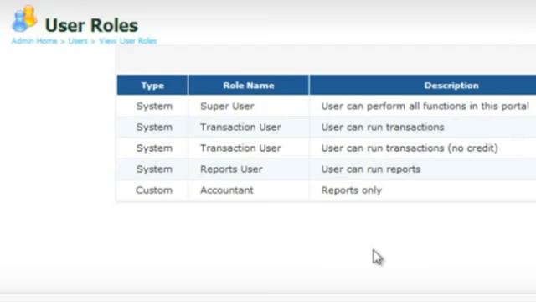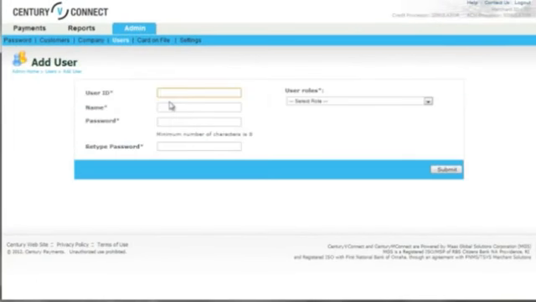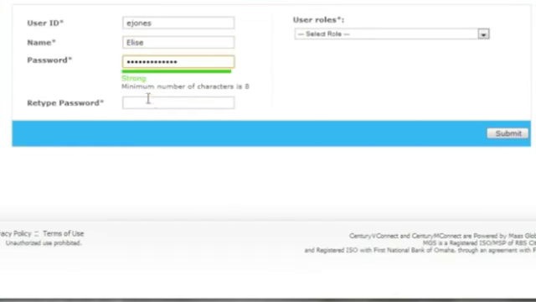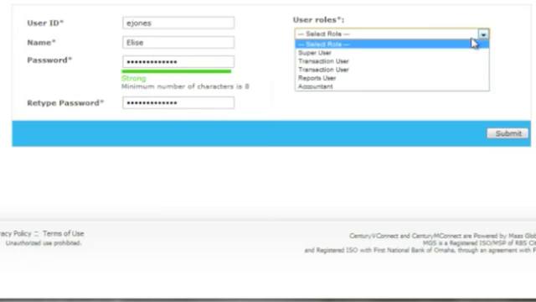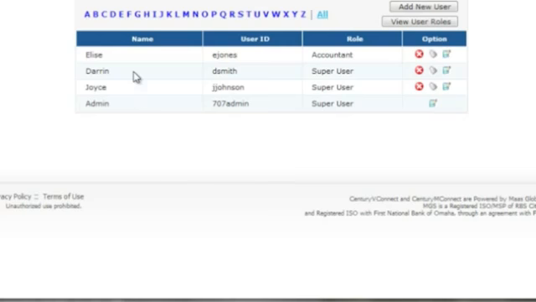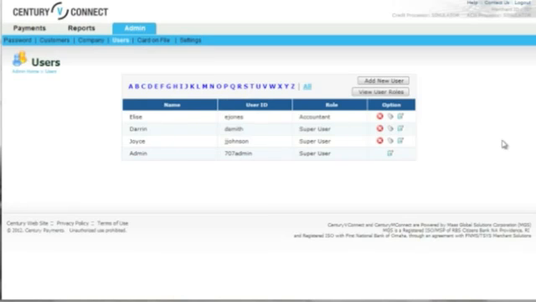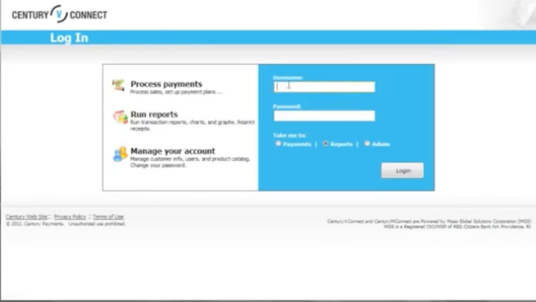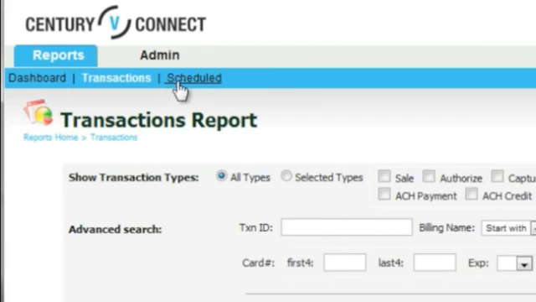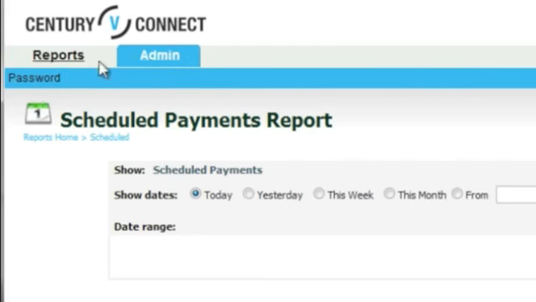Once you have set up the role, you can create a user account for your accountant. Go to the Add User page again. Enter a user ID, name, and password. Then select your newly created role and click the Submit button. If you log out and log back in as your new user, you can see that this user only has access to the reports you selected, as well as the ability to